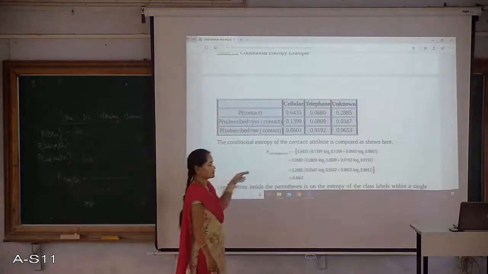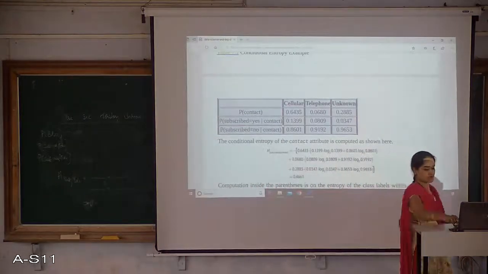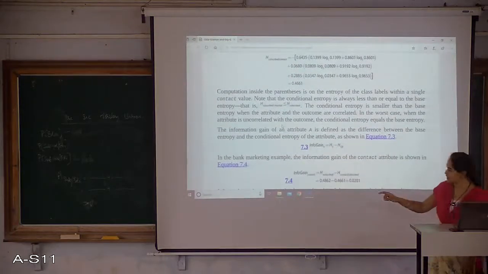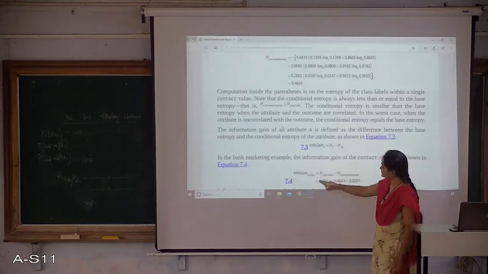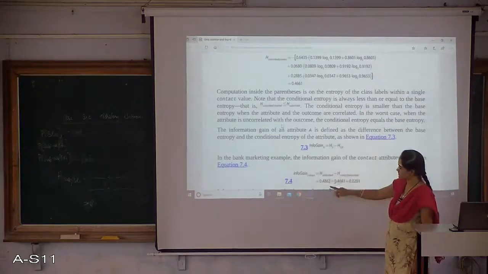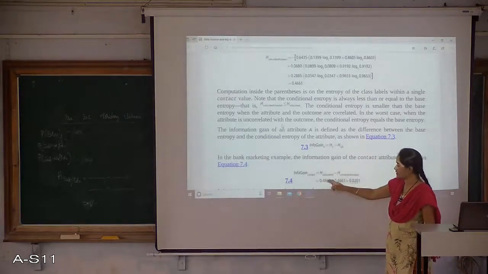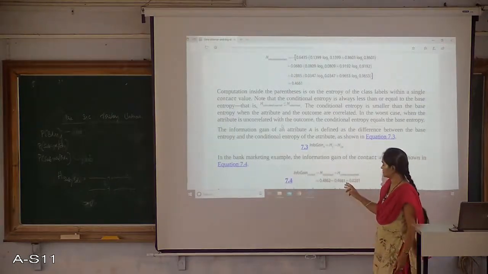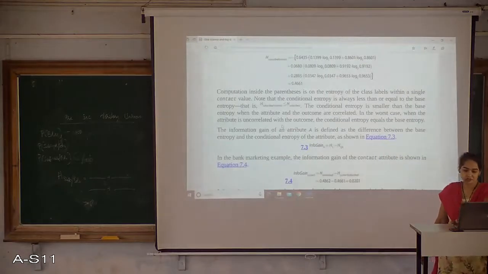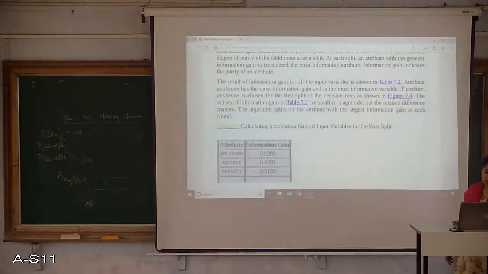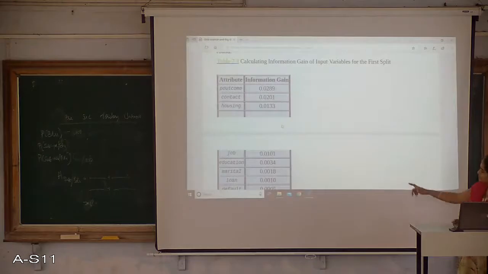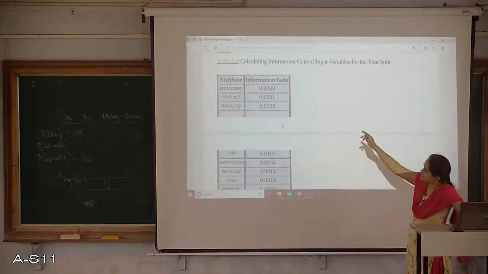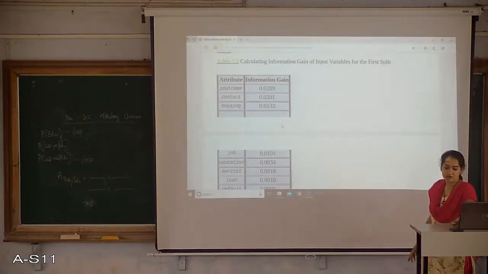Then what you have to do is find the information gain. How do we get information gain? How many are subscribed totally? This is already calculated in the previous content, right? Minus whatever you calculate from this calculation is going to give you the information gain. After calculating that, I am getting education as something like 0.0034. Similarly, it is applicable for all other variables.